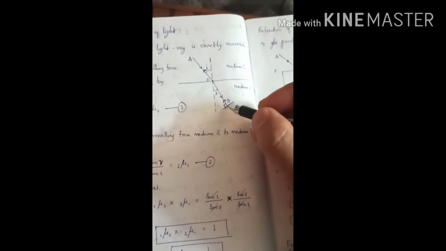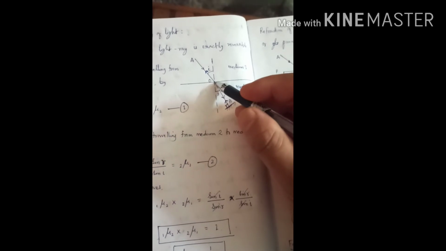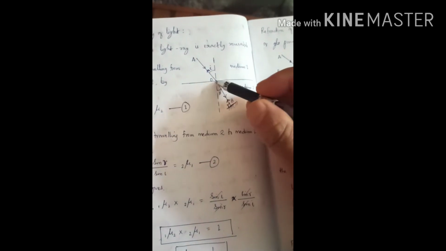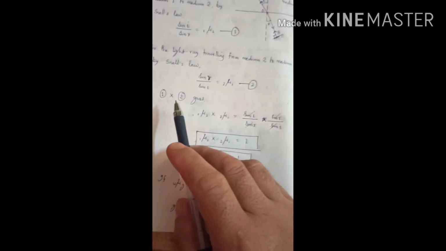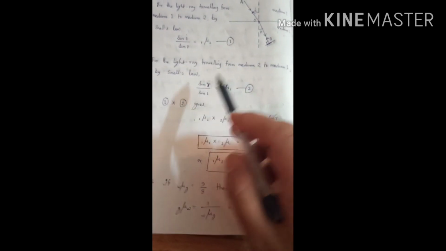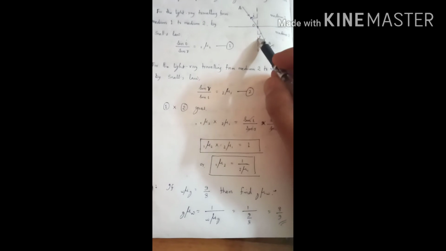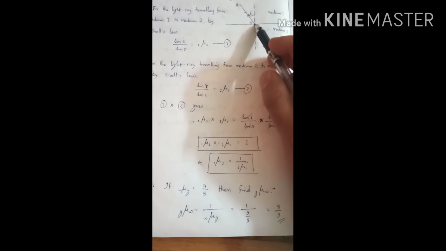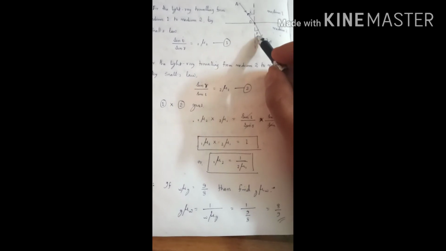In the second case, after reflection from the plane mirror, BO is your incident ray and OA is your refracted ray. If you apply Snell's law here, for a light ray traveling from medium 2 to medium 1, you get the sine of the angle of incidence. The angle of incidence in the second case is R, because OB is the incident ray. The angle between the incident ray and the normal is called the angle of incidence,